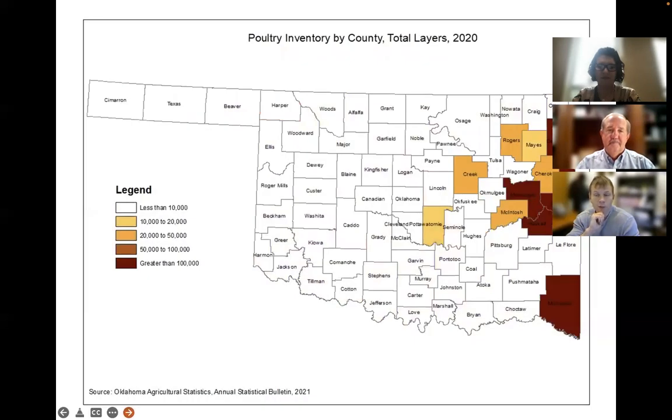Poultry, this is an interesting one because it shifts away from the west. We don't have a whole lot of poultry inventory in the western part of the state, and we do in the east. You can see quite a bit of poultry, greater than 100,000 in several of our counties that border Arkansas. There is a lot of activity, and there are a lot of issues with poultry waste management that we have people working on. But again, this is an important economic contributor for the people working in ag in these eastern counties. And next slide.